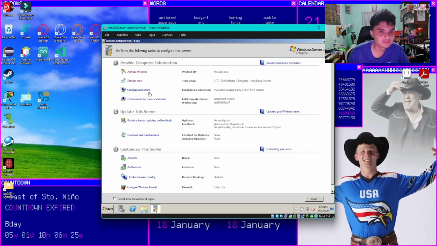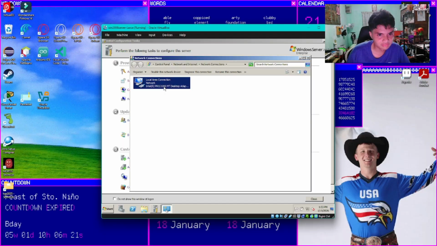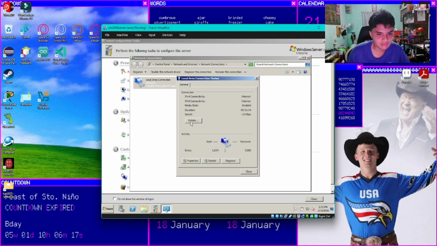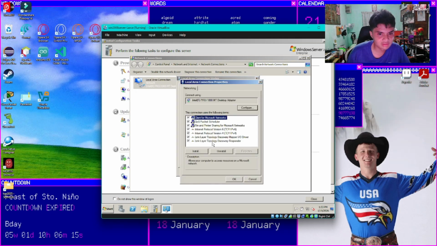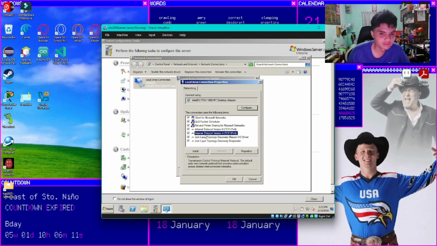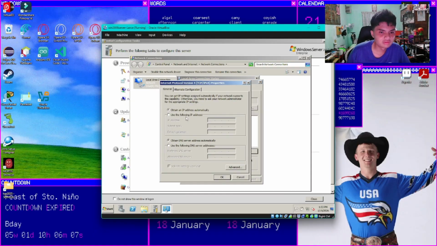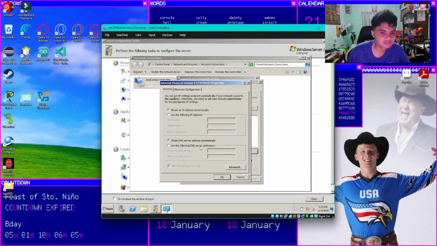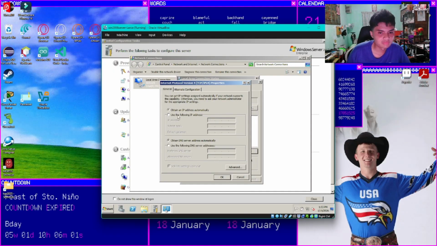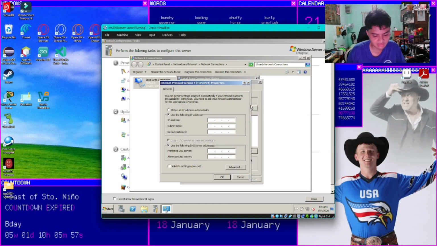So we need to put in the IP address. Double click, then Properties. Then go to Internet Protocol Version 4, then Properties again. Now you need to insert the IP address and the DNS server. In the IP address, you can put the desktop IP address for the server. I'm going to use